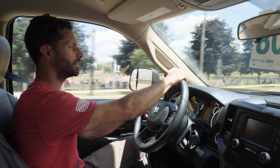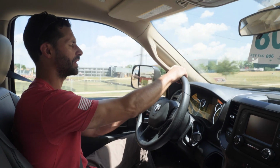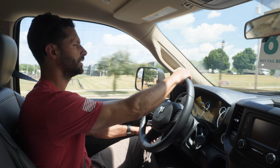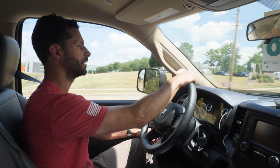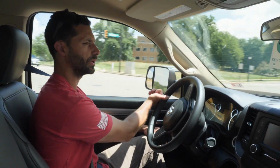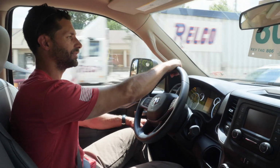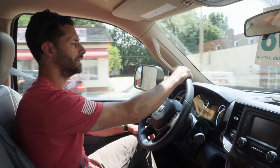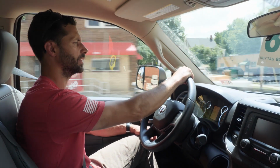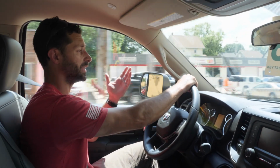Acceleration feels good. Going up this hill, no problems at all. Got plenty of power. The brakes feel nice and smooth. You feel like you're in control of this truck. I mean, it really drives like a pickup truck. You would not hardly know that you were in a Class 5 truck compared to some of the others that